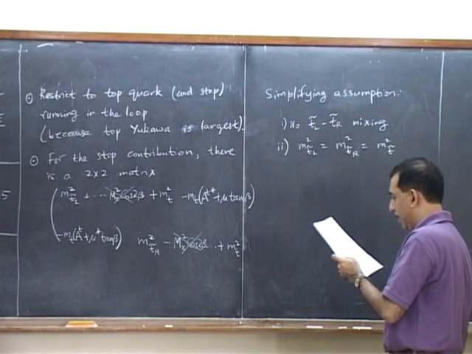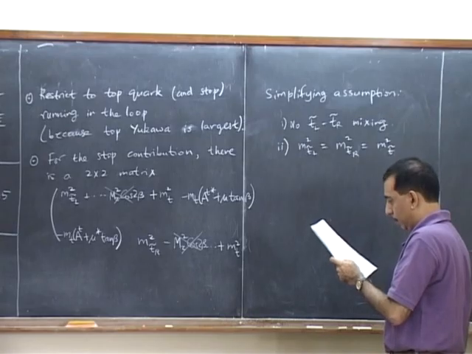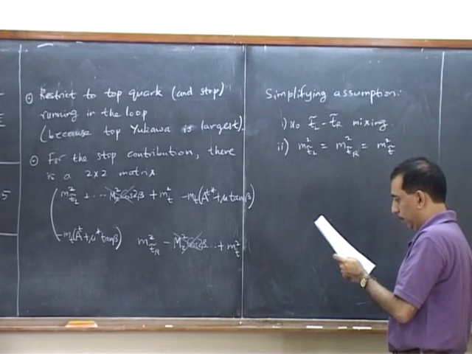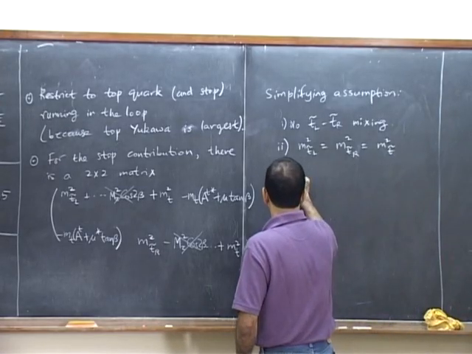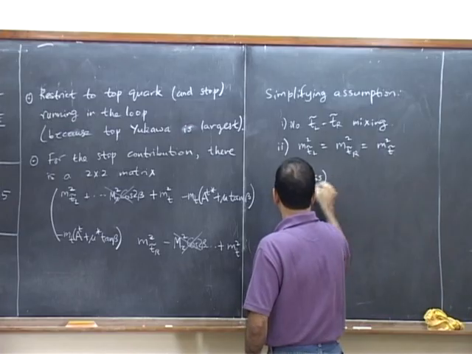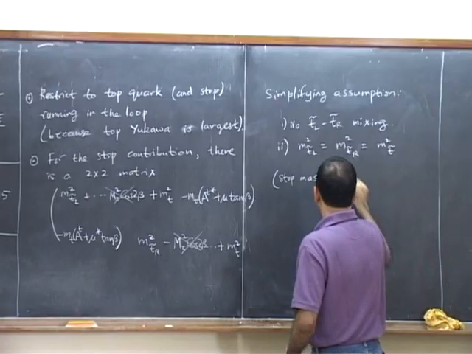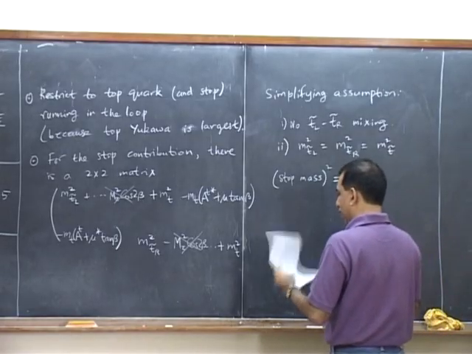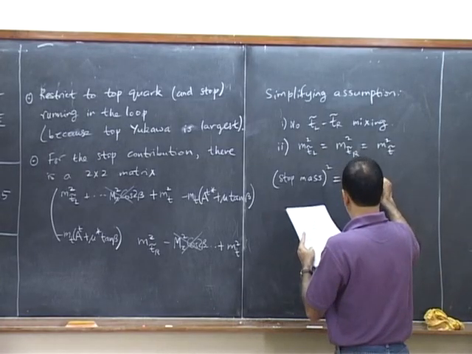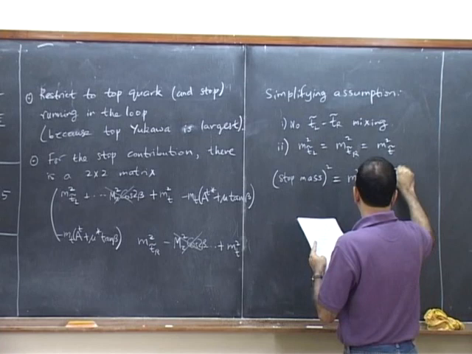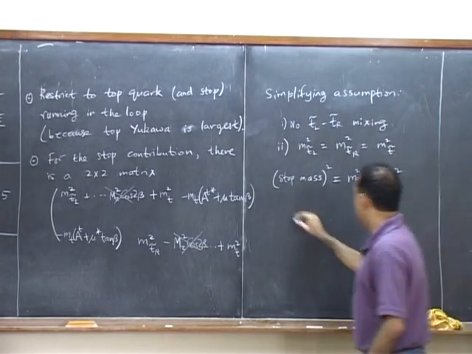And now we have that the stop, we don't have a notation for the stop mass anymore because we've already used M_T tilde for the soft breaking parameter, but I won't need it. I'll just write that the stop mass squared is equal to this soft parameter M_T tilde squared plus M_T squared. Okay, but let's also remember that